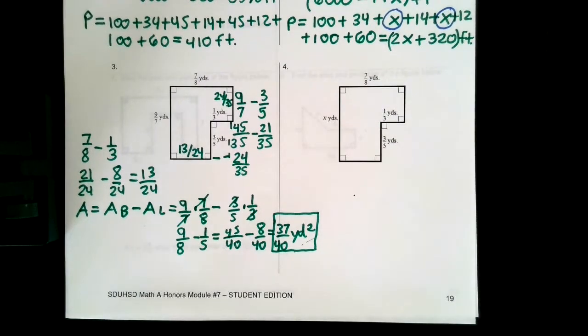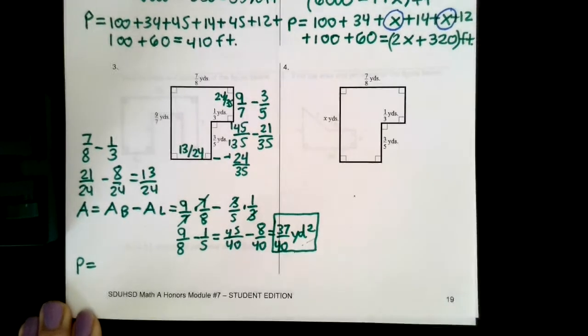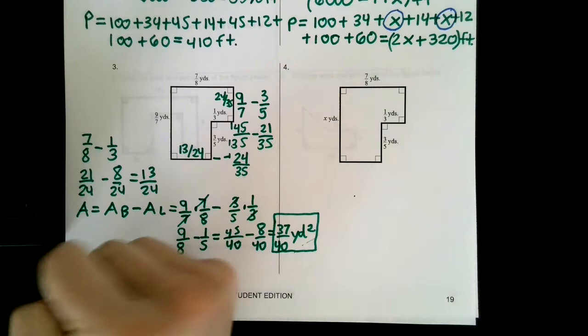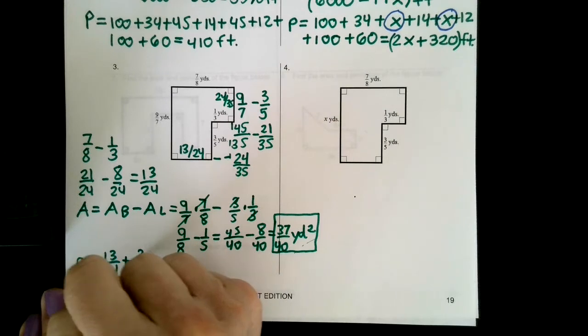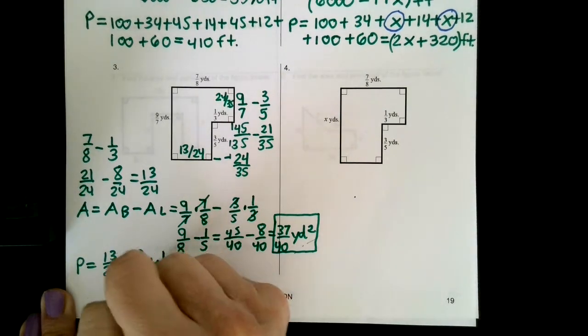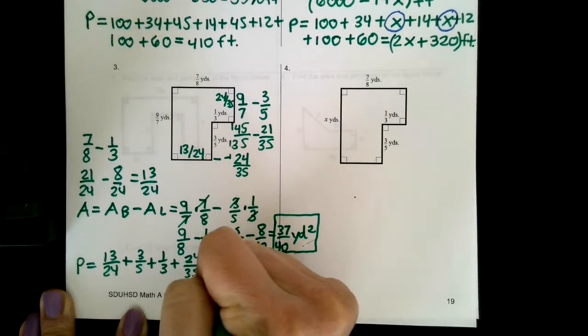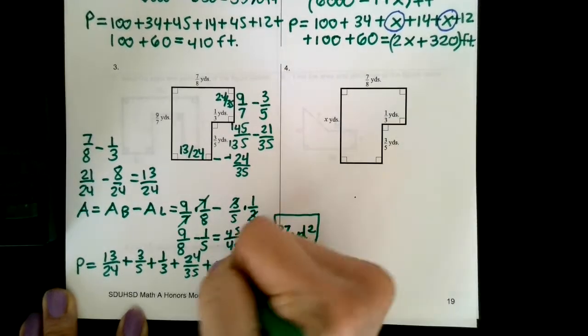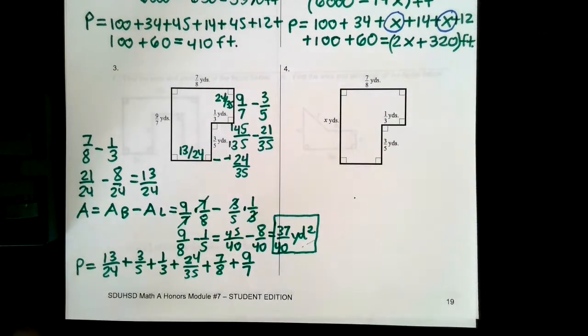Now let's do perimeter. For perimeter, we need to add up all of the outside border. So I'm going to start with 13 over 24, 3/5, 1/3, 24/35ths, 7/8, and 9/7. Holy fractions! So we need to look and see if there are any fractions that have some commonalities with their